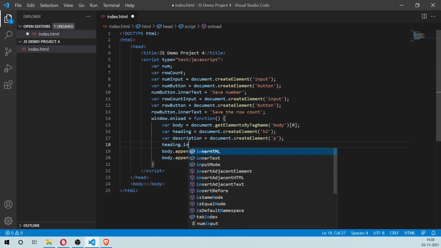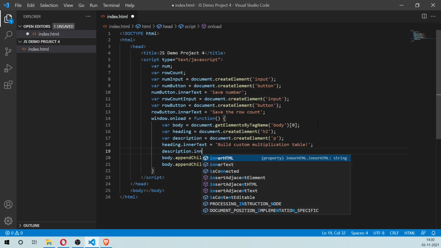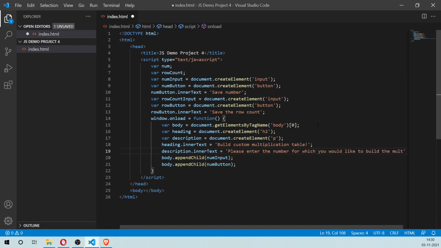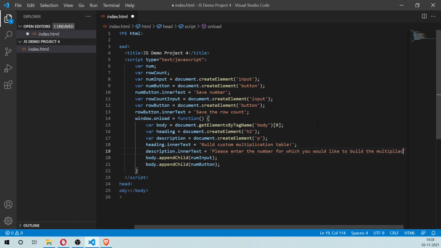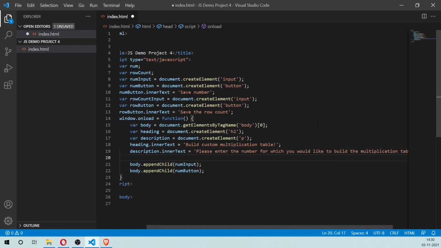And we'll give the heading an inner text of, so we're just going to build a custom multiplication table, and we'll also give them the description saying that please enter the number for which you would like to build the multiplication table. Okay, so that should offer some context.